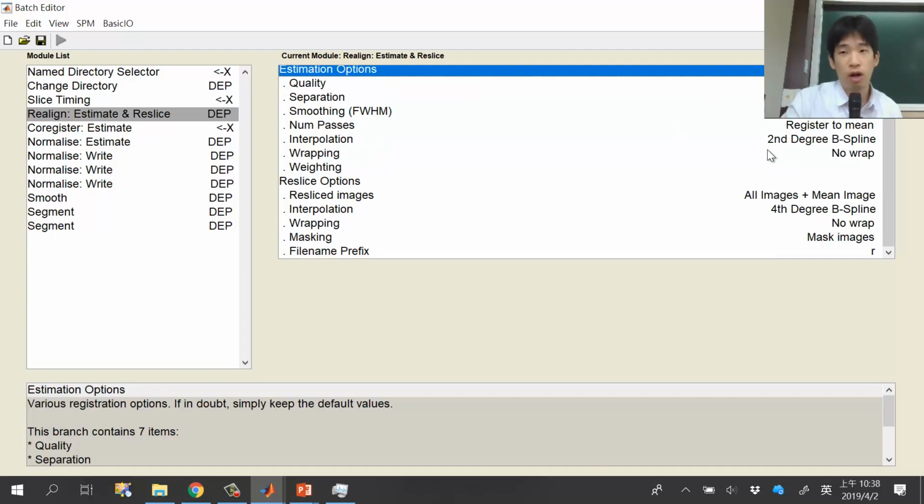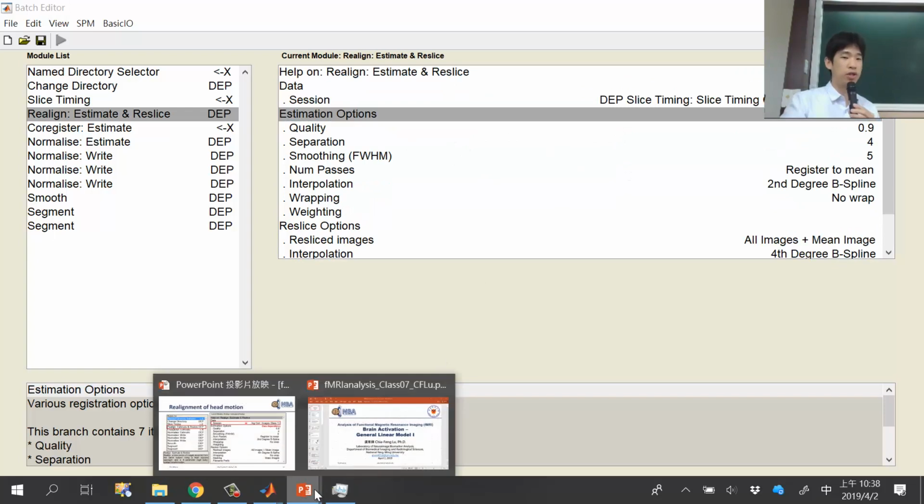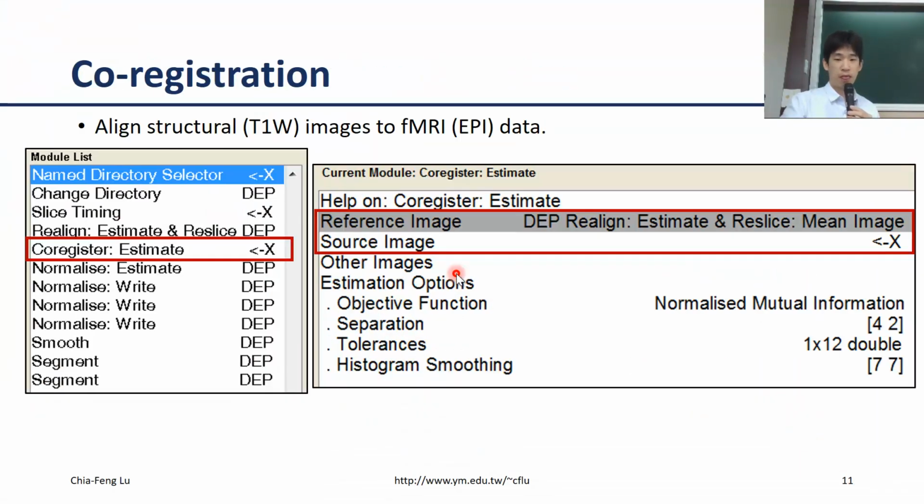And for all other parameters, I actually use the default, so I won't introduce them for you. The next step is the co-registration, and you can see we want to align the structural, that is the T1 weighted images, to the subject's fMRI or EPI data. So what we are going to do is, when you click the co-register estimate module right